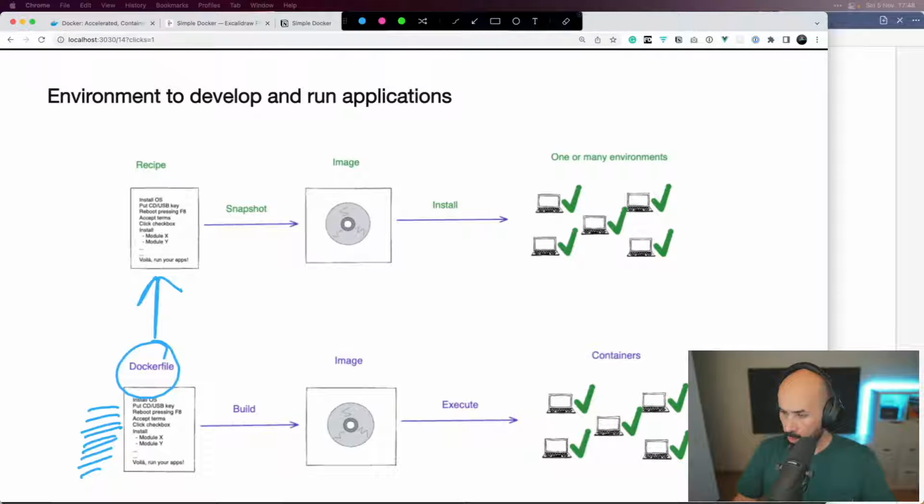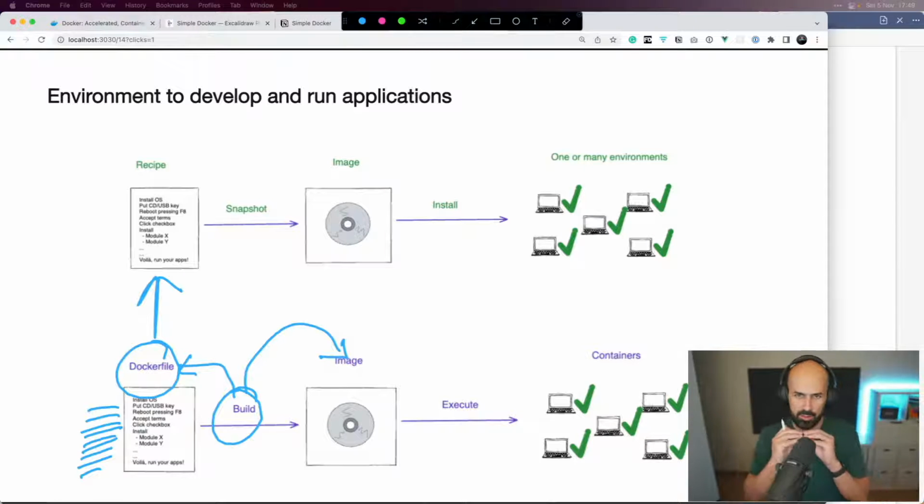So, after we have the Dockerfile, we can do something similar to the snapshot of the real computer that is called build. So, what is this build? It's an execution of the Dockerfile that then will result in an image. And this image is, of course, something very portable.